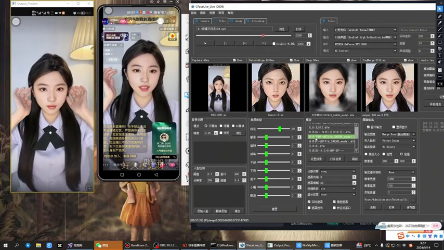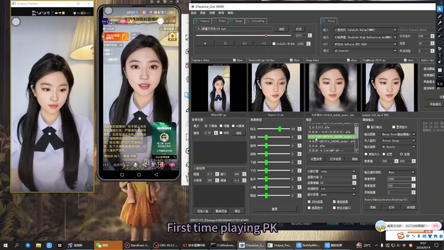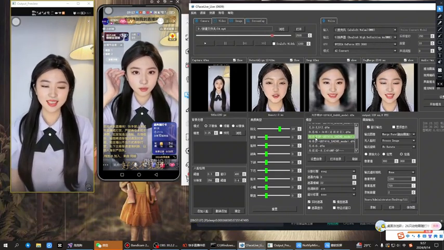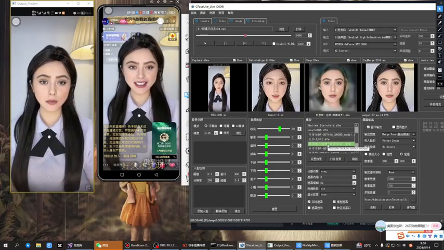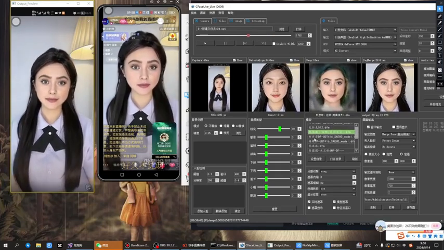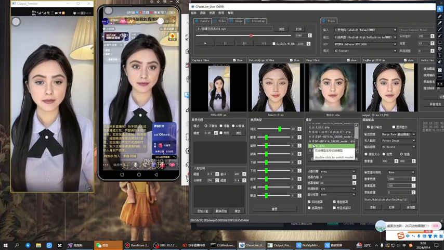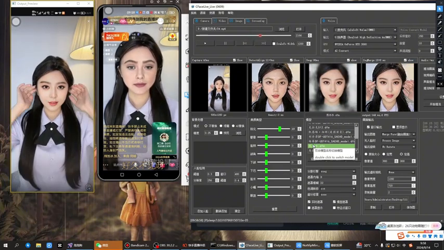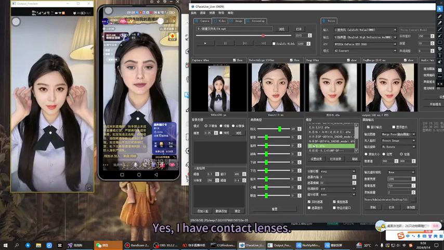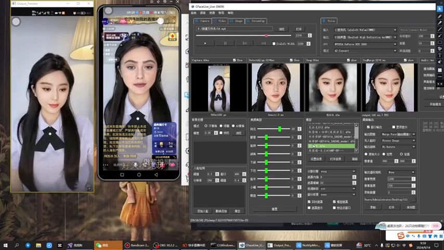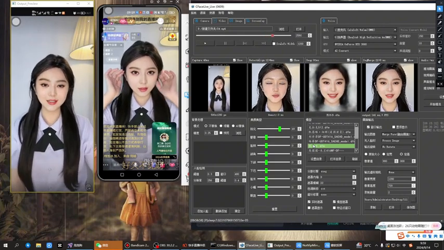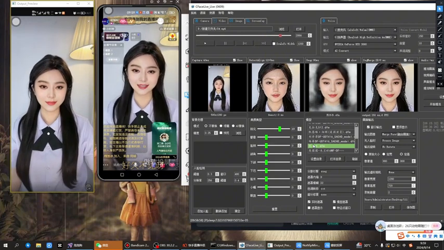Welcome the Indian. 咱们去打 PK。 First time playing PK. 在哪儿呀？房子做了新衣服。哎，在哪里？我带了美瞳。 Yes, I have contact lenses. 不到。那个打 PK 的在哪里？ And that's it for today. 哎，在哪里？我找一找。